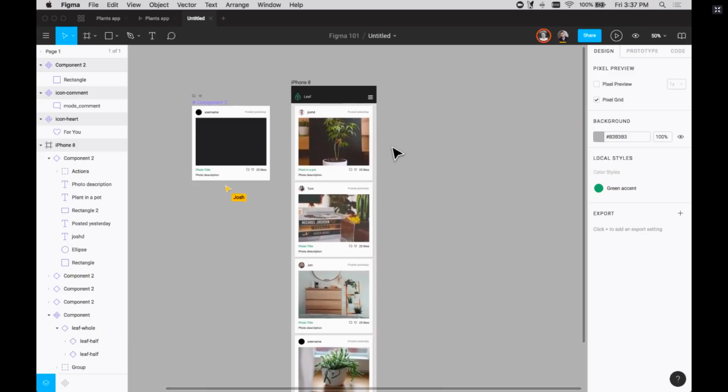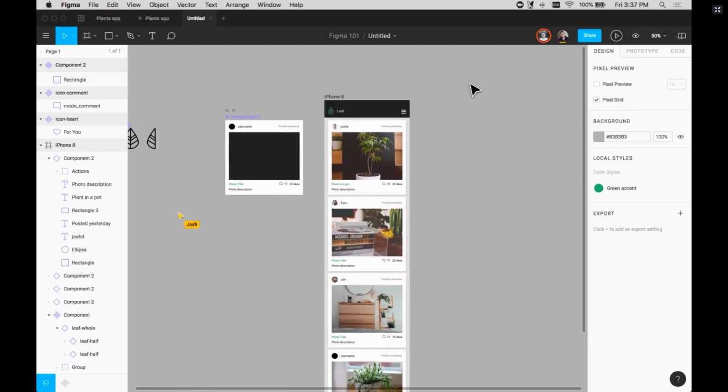The last thing I'm going to touch on before Josh starts building out the detail pages is that Josh had mentioned in the quick overview at the beginning this idea of libraries. As you start working in teams, there are probably going to be resources that you want to bring into individual projects for reuse. If we were building other flows, we may want to share these components, but we also may want to bring in common things that we use,